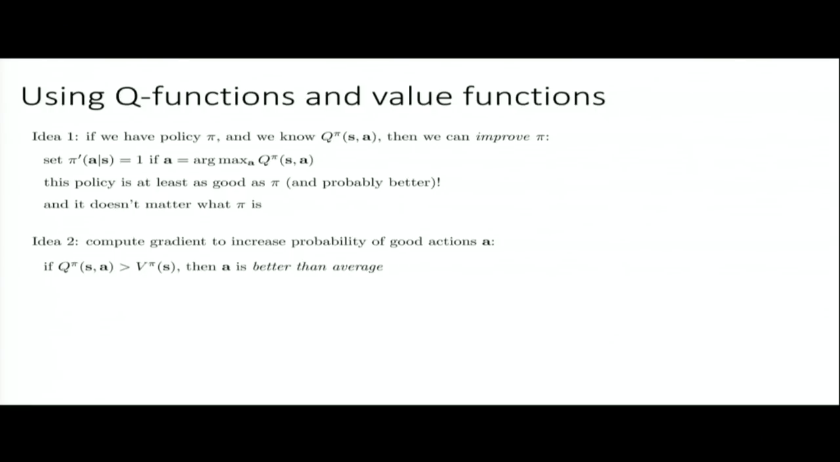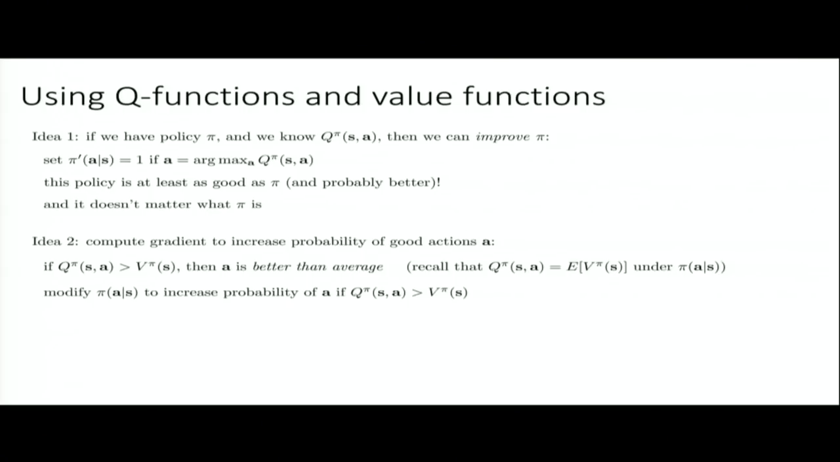In particular, if the Q value of an action is better than the value at that state, then that action is better than average, right? Because we've defined the Q function, or actually this is backwards. This should be V pi is equal to the expectation of Q pi. So the value function is the expectation of the Q function. So that means that if the Q value of a particular action is bigger than the value at that state, then it's better than average. So that means that we can modify our policy to increase the probability of actions that are better than average,